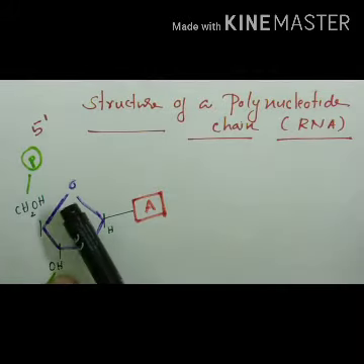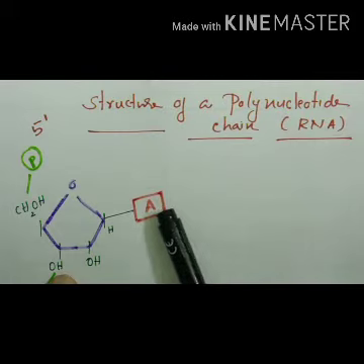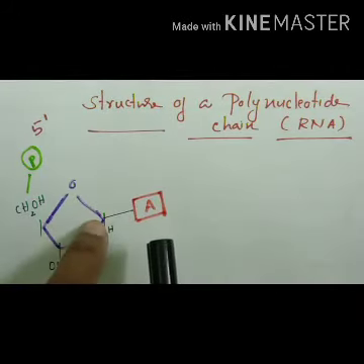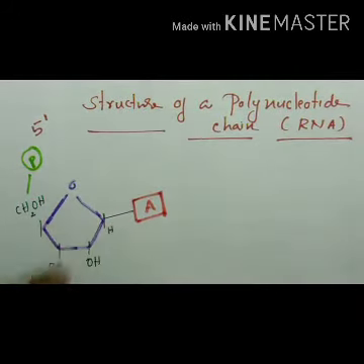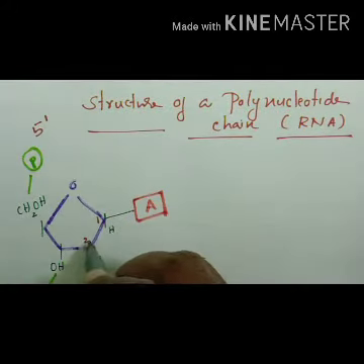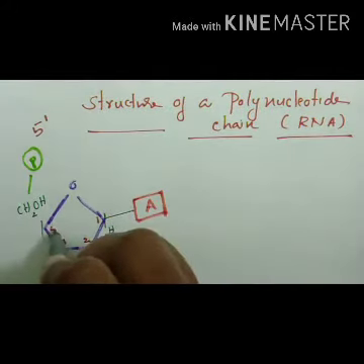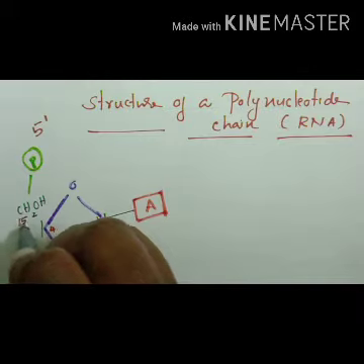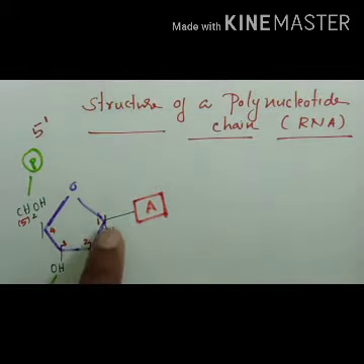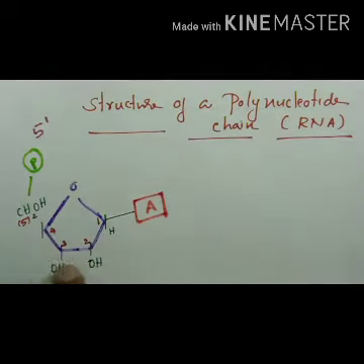First of all, this sugar combines with the nitrogen base. This nitrogen base will join with the first carbon atom. This is the first carbon atom. This is the second carbon, third carbon, fourth carbon, and this is the fifth carbon. So the nitrogen base will link with the first carbon atom and it becomes a nucleoside, and this nucleoside